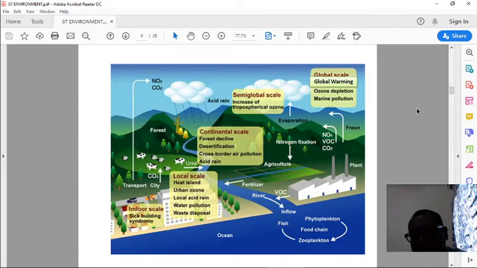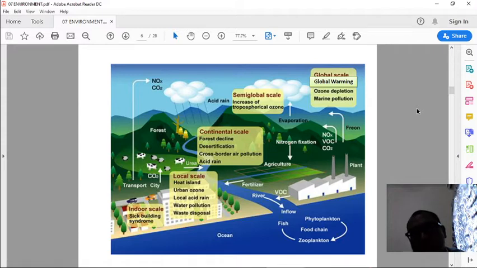How acid rain can form, based on the factory development, based on the agriculture residues, whereby in agriculture they can have the fertilizers, the chemical fertilizers, or even the excretion of the animals. They can seep through the soil and then be transferred towards the natural water supply, in this case the river. The river is flowed with the chemicals, and then goes towards the ocean, and then infects the fishes in the ocean, and the overall food chain.